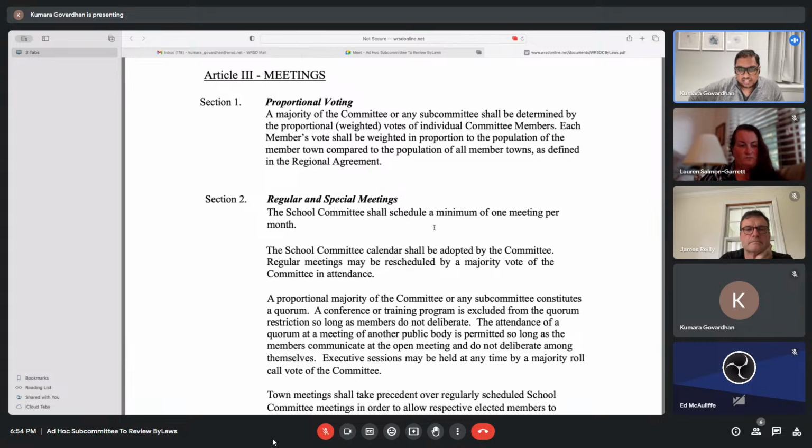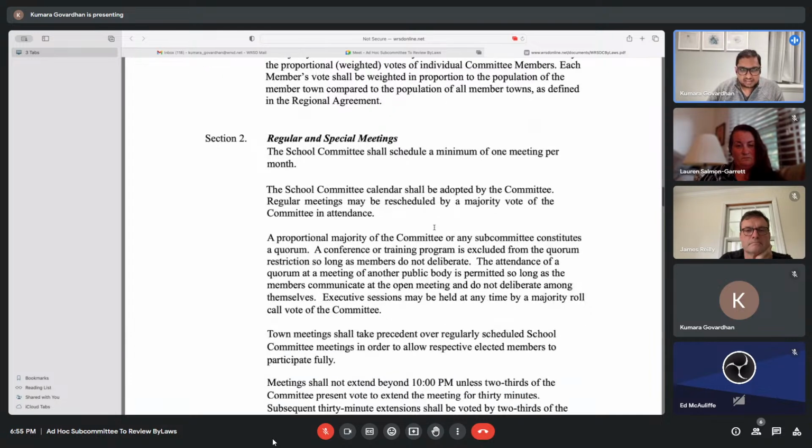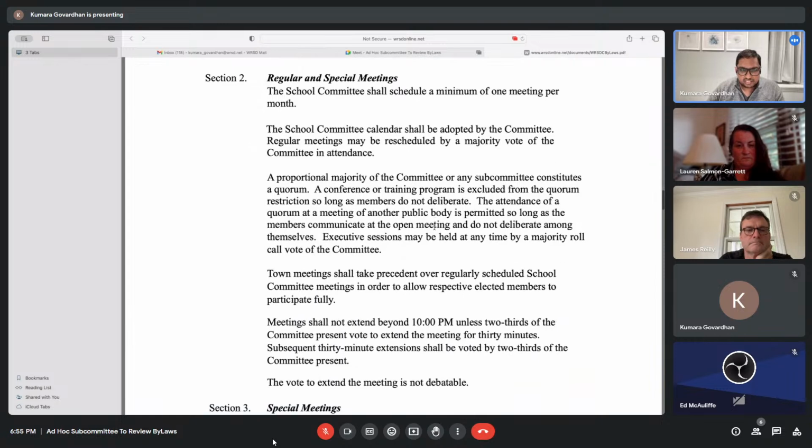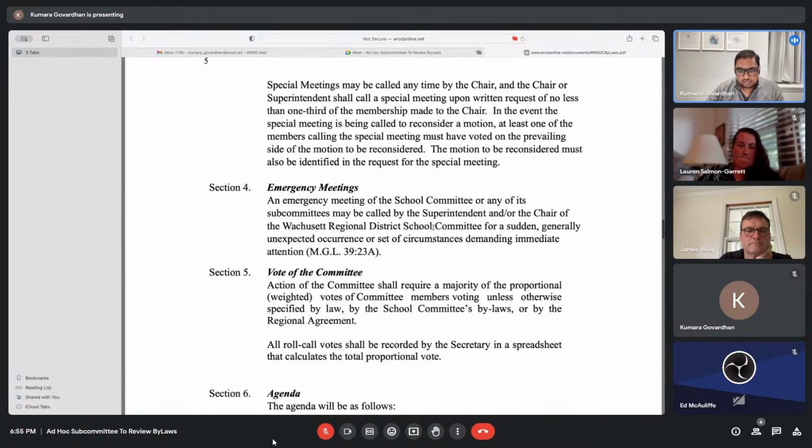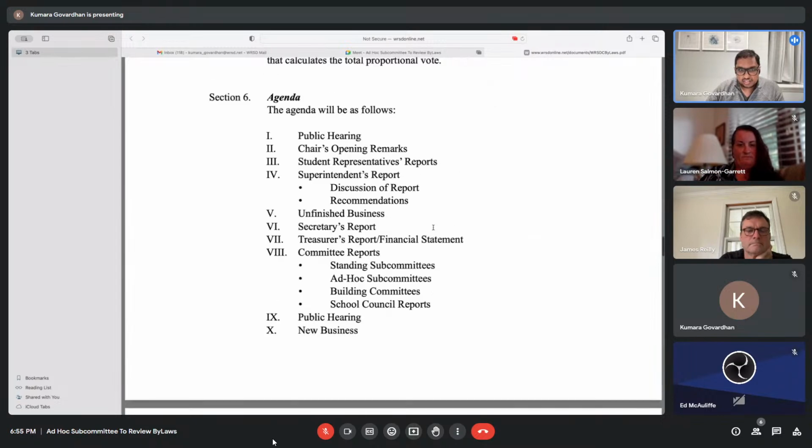It talks about each member's vote being in proportion to the population of the member town compared to the population of all the member towns as defined in the regional agreement. And right down here starts some of the intricacies of meetings: regular meetings, special meetings, emergency meetings, and then shortly after comes the agenda.